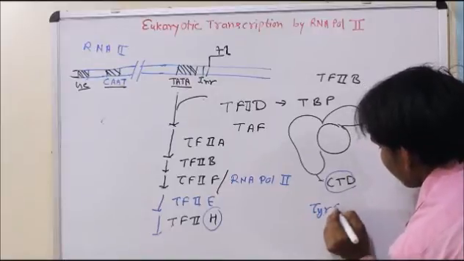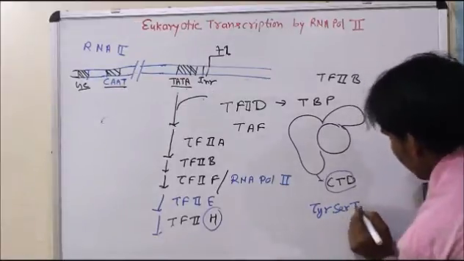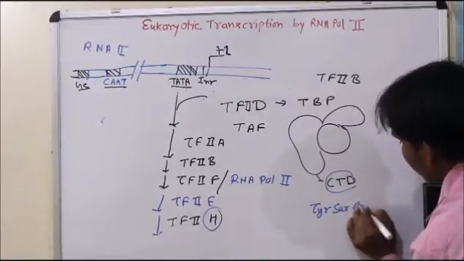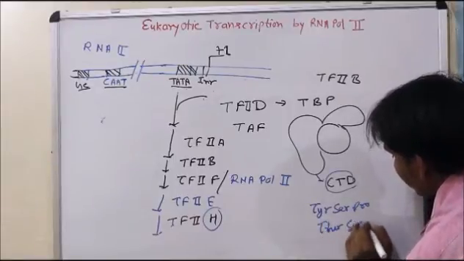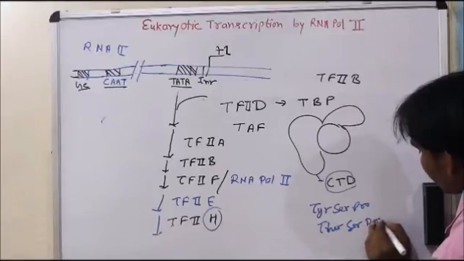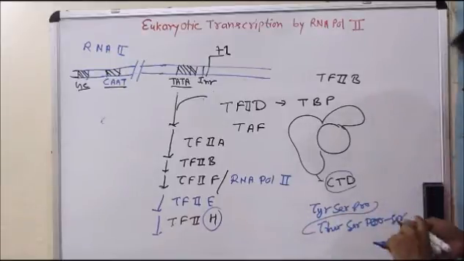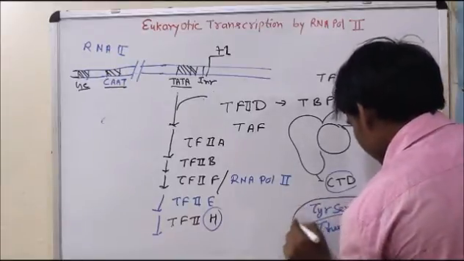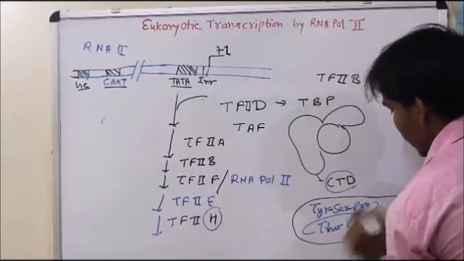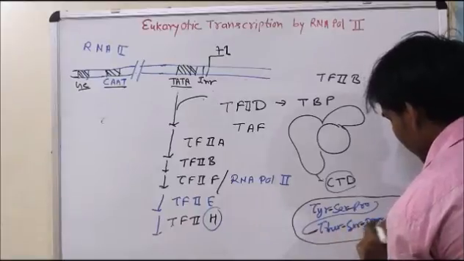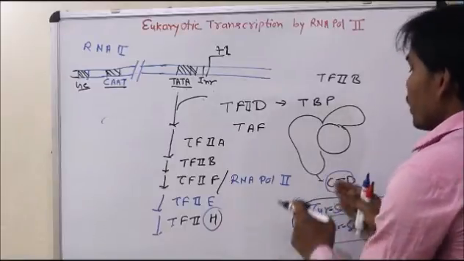tyrosine, serine, proline, threonine, serine, proline, and serine. These are the heptad sequences. These repeated heptad sequences are found in the carboxy terminal domain: tyrosine, serine, proline, threonine, serine, proline, and serine. When the phosphorylation occurs, then